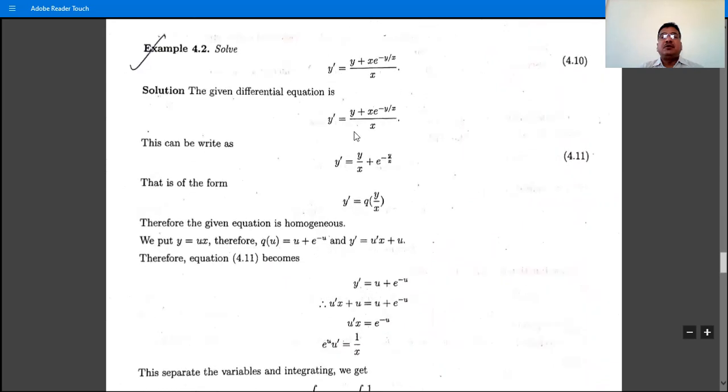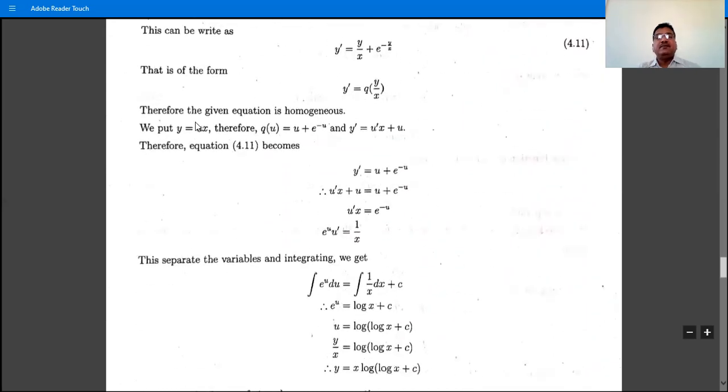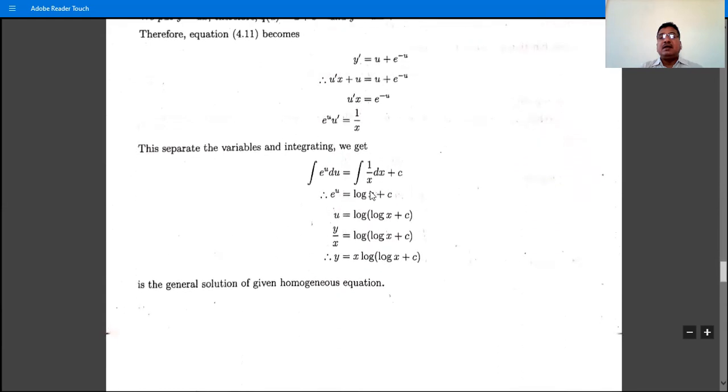these are the problems from another book. So the notation is, instead of v, the notation is u. While writing in your notebook, write the substitution y is equal to vx, and then dy by dx is v plus x dv by dx. So write this y dash as dy by dx, and then substitute its value as v plus x dv by dx, and then